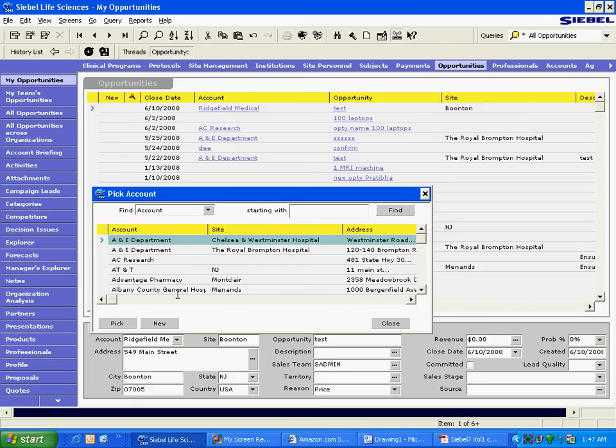Static pick list is also called LOV, list of value. I don't like the name myself. Please don't ask me why it's called that. It is simply the name, list of value, or LOV. So dynamic pick list is also called pick applet in Siebel. We can call it dynamic pick list, or pick applet, whatever.